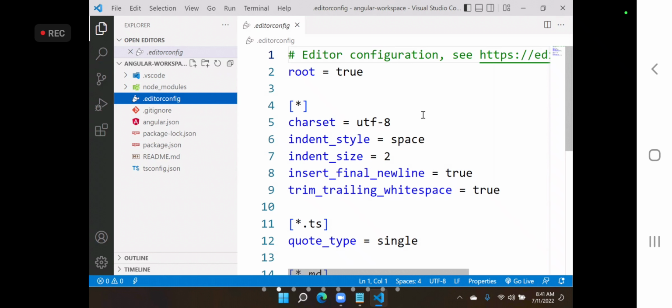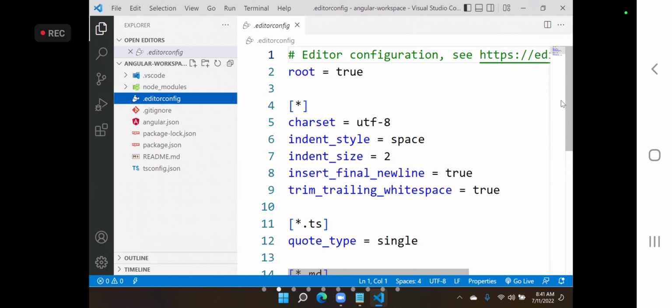Unicode transformation format, right? As per UTF-8, 8 means 8-bit. 8-bit is the size for English language. If it is a Chinese, Japanese, Korean like language used for building an application, in that case it will be UTF 16-bit. Only languages like Arabic and all, they have 32-bit. They are very huge character sizes there.